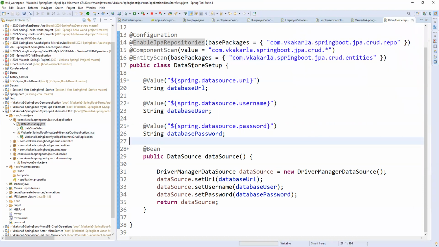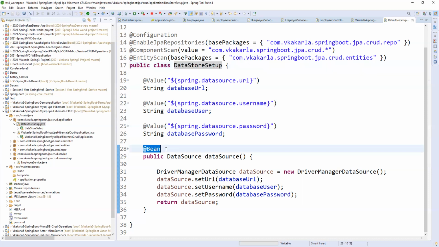So see, good question. Whenever we are running an application, it will load all the beans first. So what is a bean? Whenever you are using an annotation that is related to a Spring application, while it is loading, it will automatically load the bean and register it.